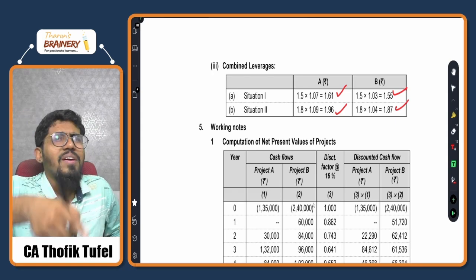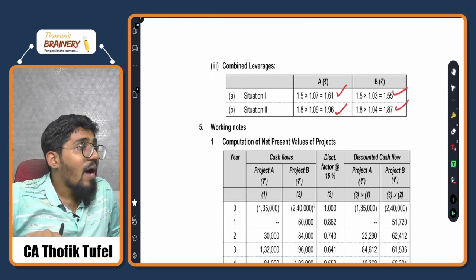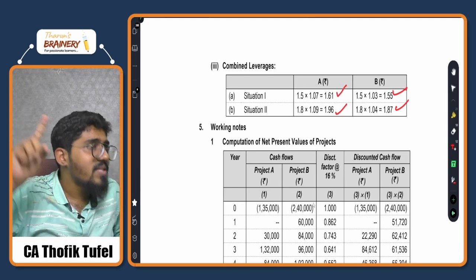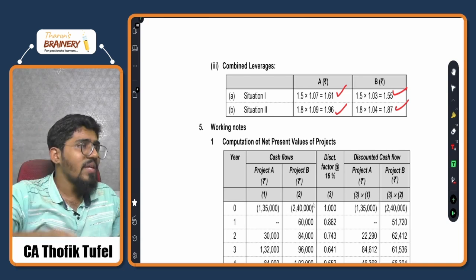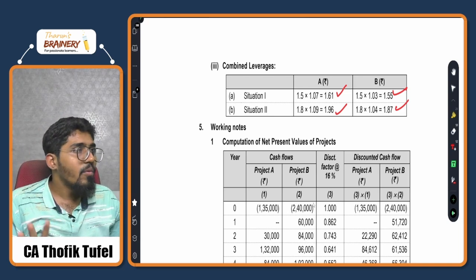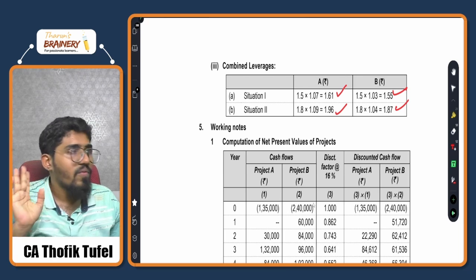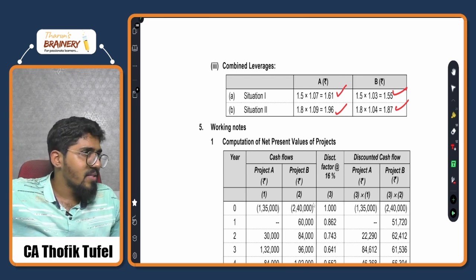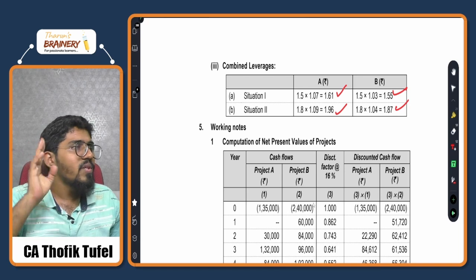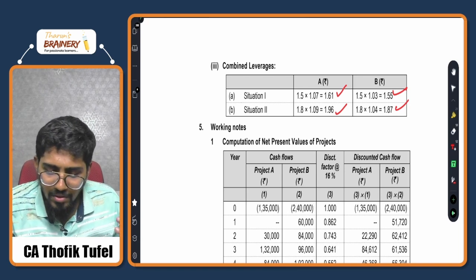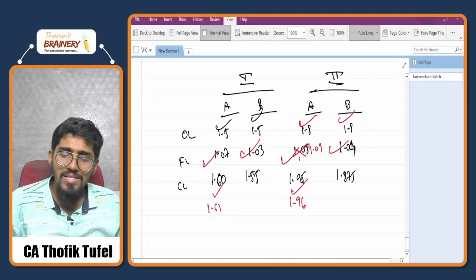So whenever you are writing any number, after the digits, you always have to check whether you want to round off or not. If you're putting one digit, that has to be rounded off. If you're putting two digits, that has to be rounded off. Without rounding off, don't try. 5 plus any number, round off the previous digit. One digit is rounded off, two digits are also rounded off. All these are very silly points.